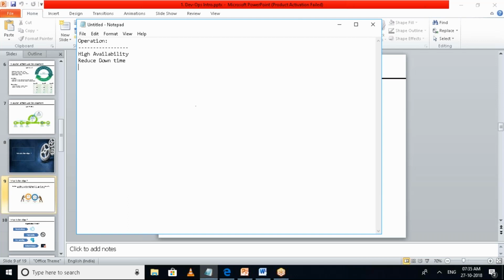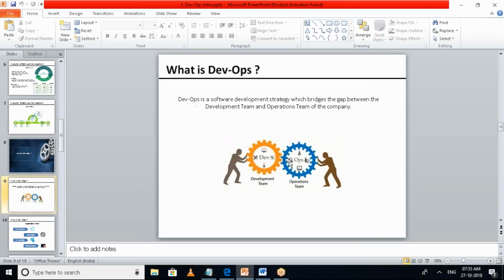So this could be one other challenge to the operations team, which has to be resolved, isn't it? These are the few challenges that the dev team and the operations team came across individually, because they are working in their own environment and in their own silos, and they never interact with each other until the final product is complete and their own task has been done.